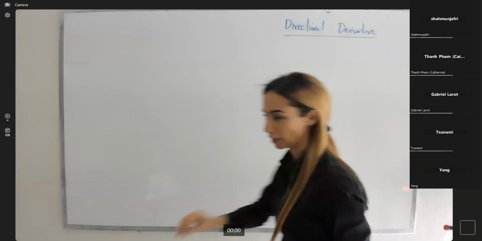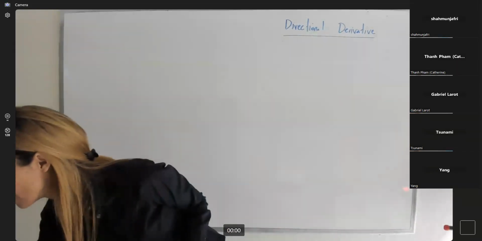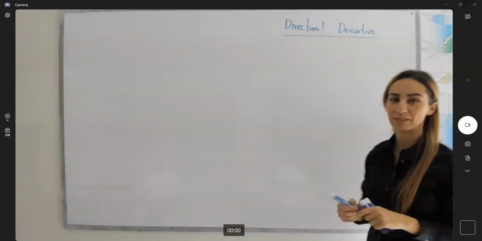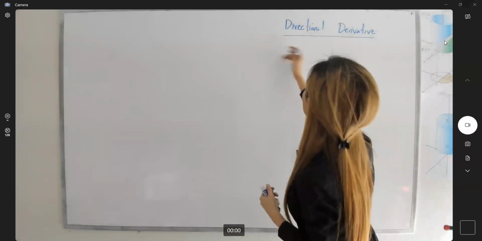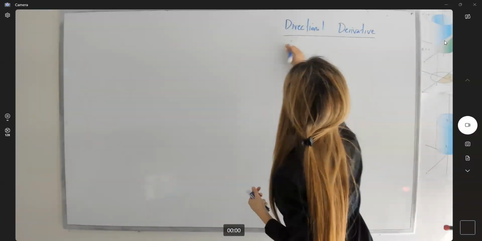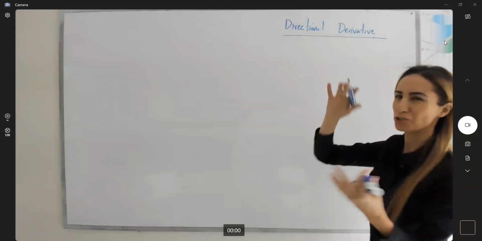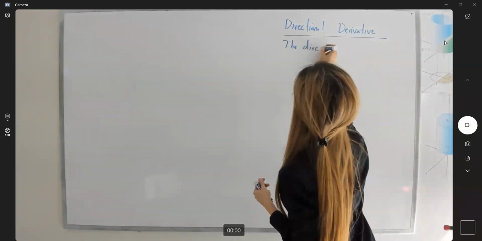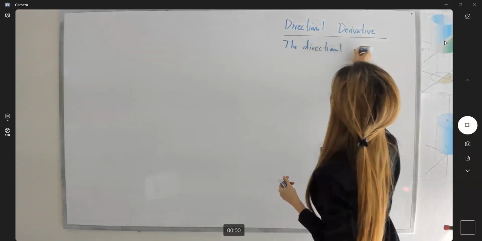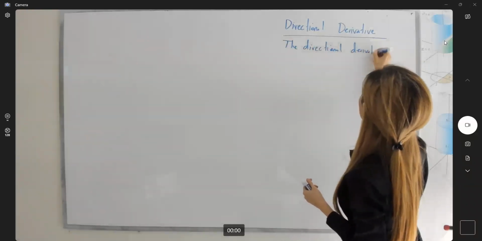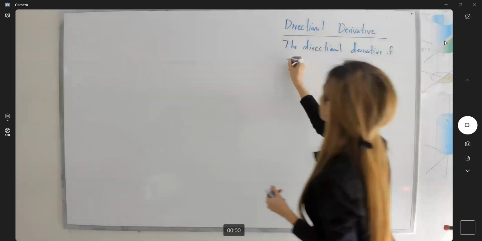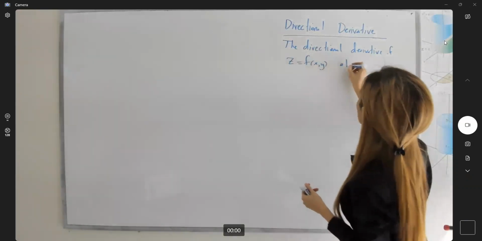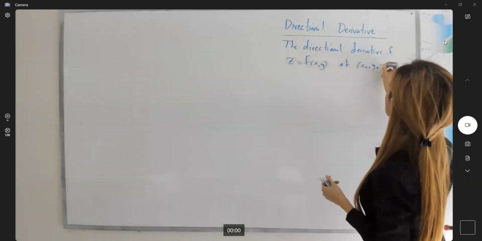So far we talked about the directional derivative. Remember that we said that if function f has a limit definition, so let's write down that limit definition, the directional derivative of function z equals f of x and y at the point x sub 0, y sub 0